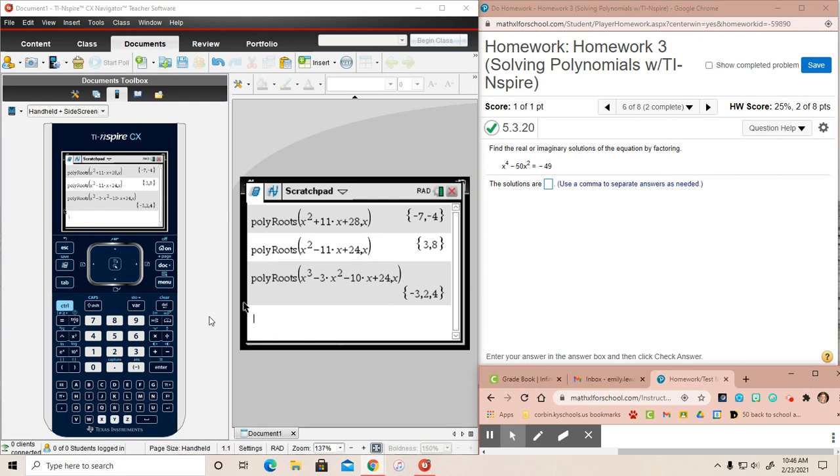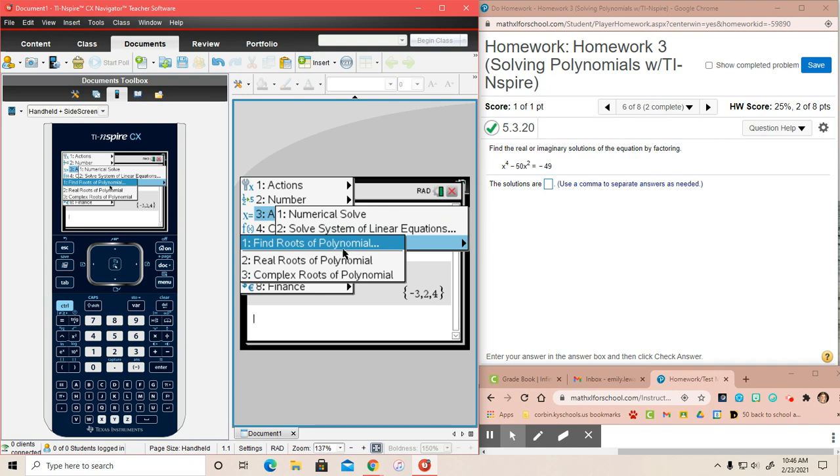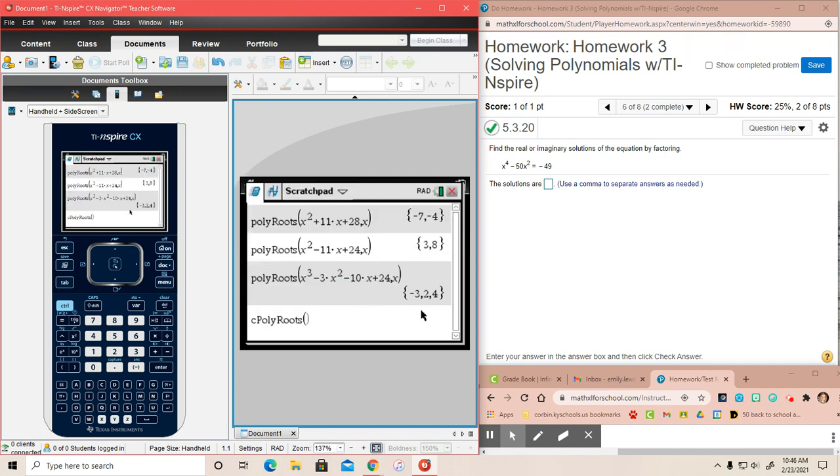Okay, here's another one. So I'll go to Menu, Algebra, Polynomial Tools. And if you notice, this one says find the real or imaginary solutions of the equation. So I'm going to go to complex roots because I need to take care of